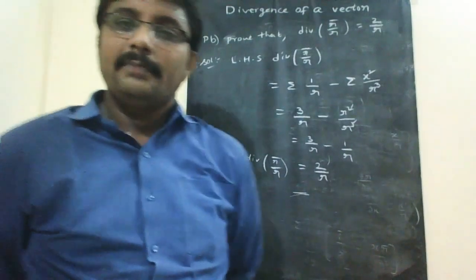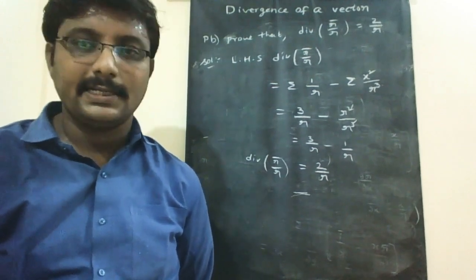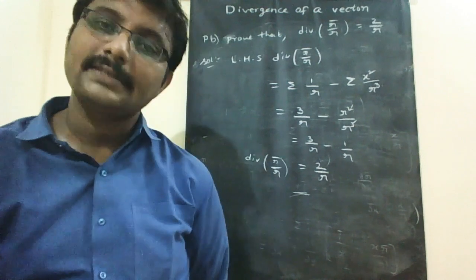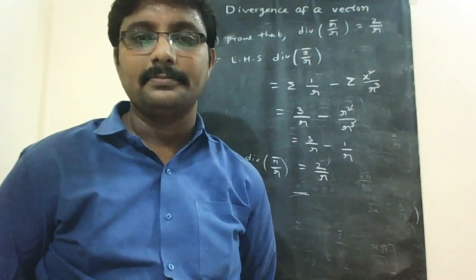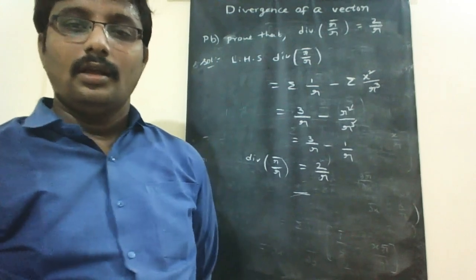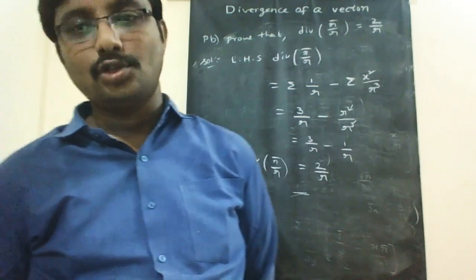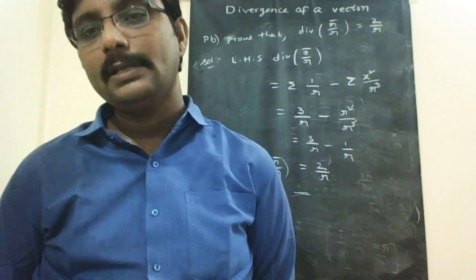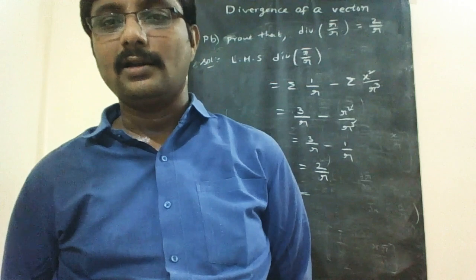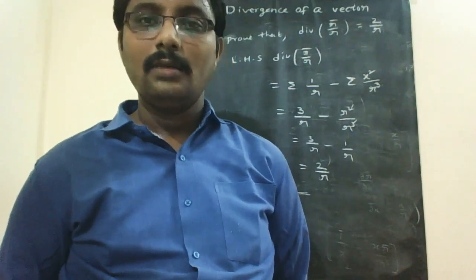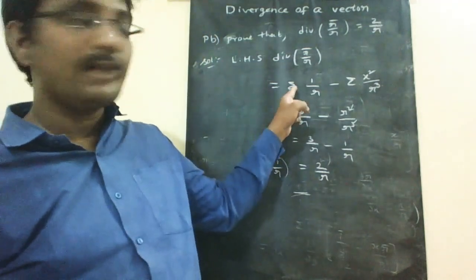So my dear students, remember these values, that is summation x. Summation x means x plus y plus z. Summation x square means x square plus y square plus z square. Summation xy means xy plus yz plus zx. Summation 1 means 1 plus 1 plus 1, 3. Summation 2 means 2 plus 2 plus 2, 6. Summation 3 means 3 plus 3 plus 3. Summation r means r plus r plus r, where r is a scalar. Summation r bar is a different one. Okay, so we have to know about these values.